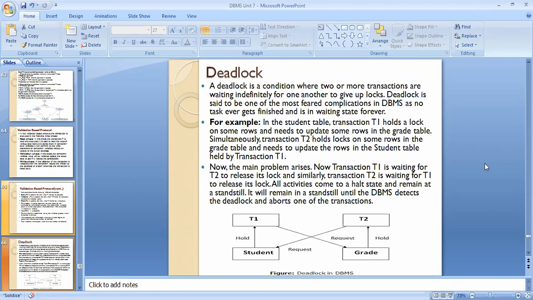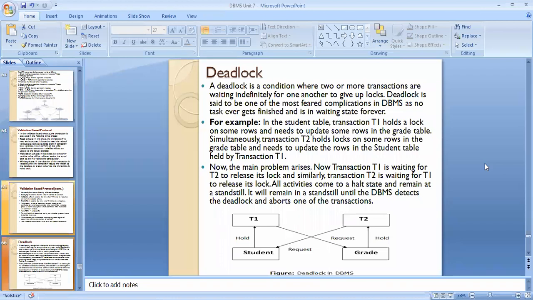Have you heard this word before, deadlock? Do you know what we mean by deadlock? Have you heard it in any other subject? Because in computers, in operating systems, there is a concept of deadlock. In networking, there is also a concept of deadlock. In databases also. So in your subject, electronics based, is there any concept related to deadlock?